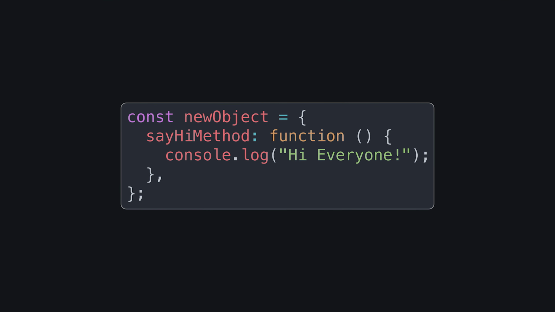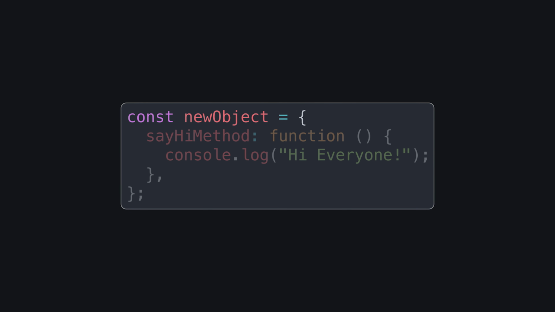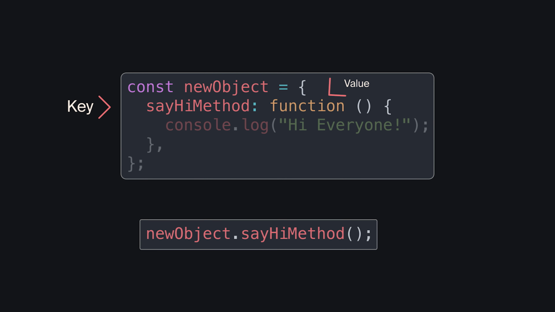In addition to built-in methods, we can create our own methods inside of objects. We do this by setting a key to a function name and the value to a function. So that might look something like this. const newObject equals curly braces. Our key might be sayHiMethod, and our value would be a function. Then when we called newObject.sayHiMethod, it would return "hi everyone," which is what we told